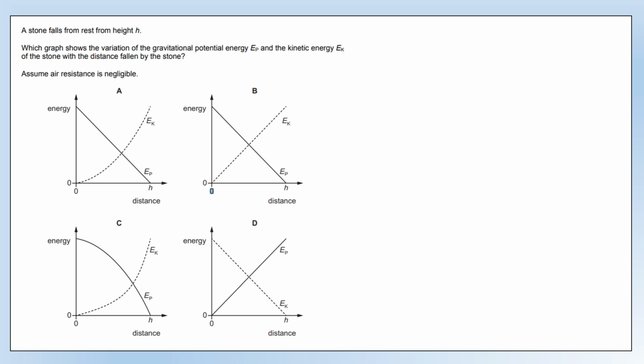So a stone falls from rest from a height h. Which graph shows the variation of gravitational potential energy and kinetic energy of the stone with the distance fallen? So we know that change in GPE, assuming we're in a uniform field, is directly proportional to height change. So we're expecting a linear potential energy decrease, which is going to eliminate C, and it's going to eliminate D,